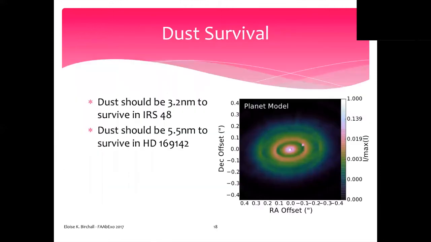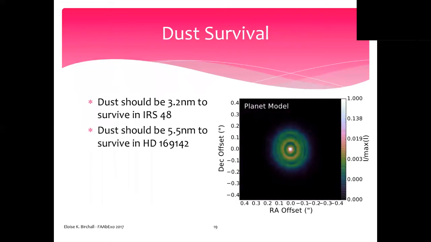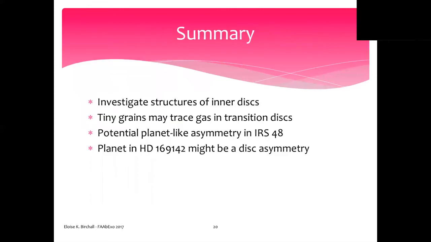So you might be like, why is the dust staying there? To survive and not be blown away or drift in, dust needs to be about 3.2 micron here in IRS 48, and not microns, sorry, nanometers, and 5.5 nanometers to survive here. So that's why this tiny dust survives quite well. So that is my summary. We reckon we possibly found things that are similar to planets in